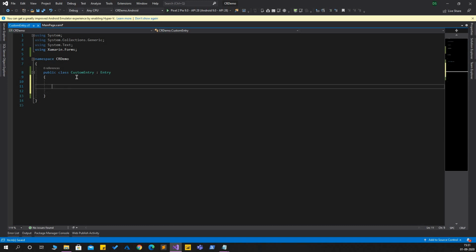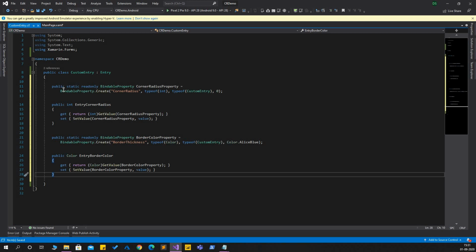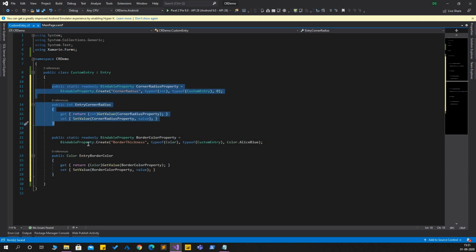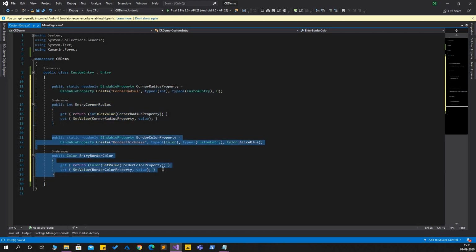So I want to add two bindable properties to it. One for the corner radius and one for the border color. We need a bindable property because a bindable property supports data binding. So to follow the MVVM pattern, we want our custom entry to support data binding as well.